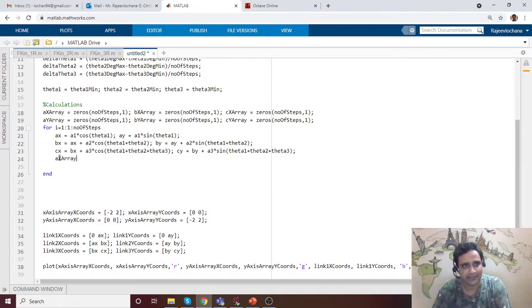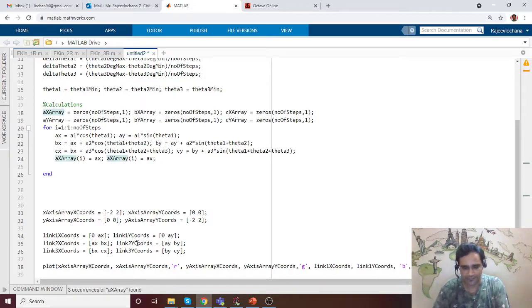So in the ax array, in the ith element, we'll save this ax value. That means when we iterate i, that element of this array will save what we get here in ax. Similarly we are going to do it for ay.